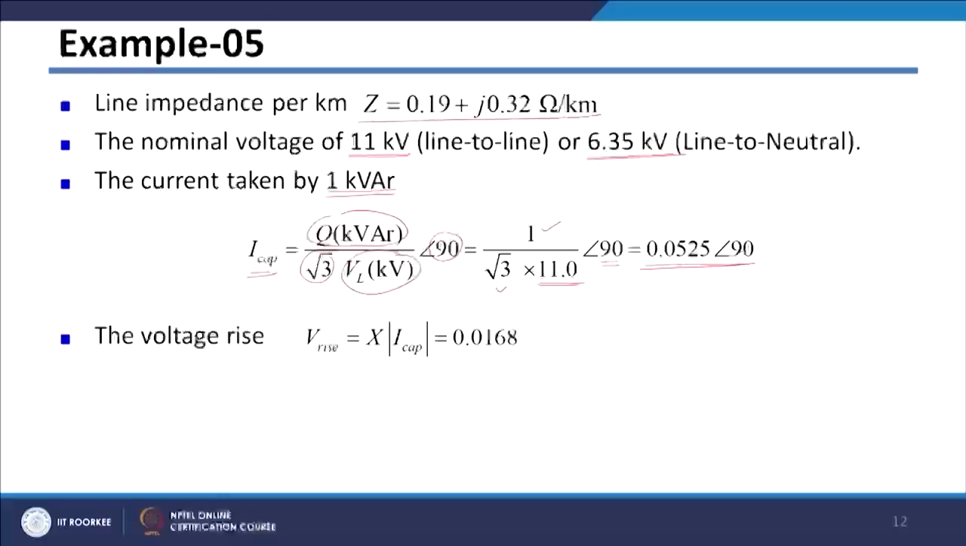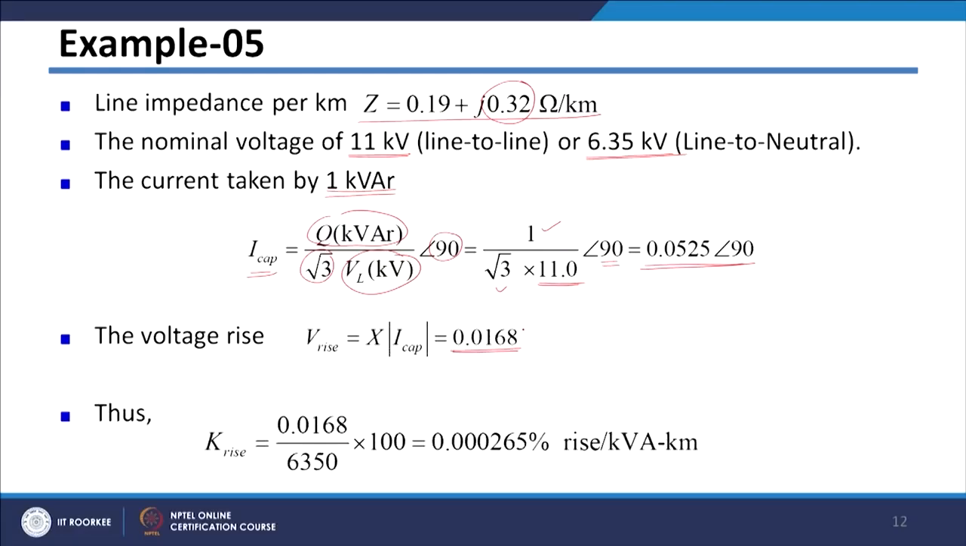Then we can easily calculate total voltage rise. Total voltage rise will be X multiplied by I cap. So, in this case we want the I cap magnitude. I cap magnitude is basically 0.0525 multiplied by X, which is 0.32. If you multiply them, you will get voltage rise, which is 0.0168, and then K rise factor will be